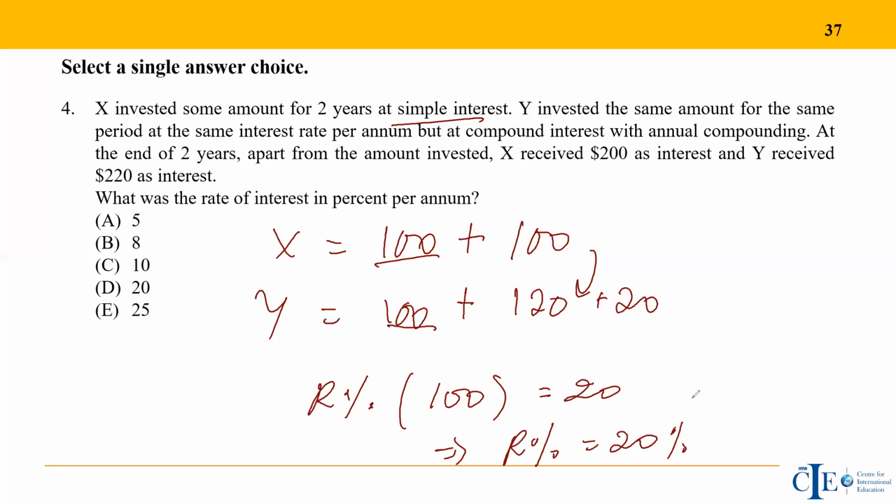Simple interest will be equal, 100, compounding is 220, which is 100 plus 120. So the difference is 20, the first year's interest is 100, and the difference is equal to R% of the first year's interest. So R% of 100 should be 20, which means R has to be 20%. This is just a direct way of looking at the same thing, where you don't need to get into too much calculation. In fact, either the difference is given.